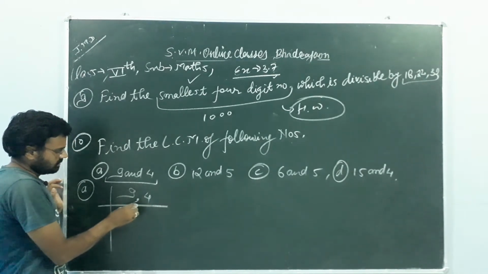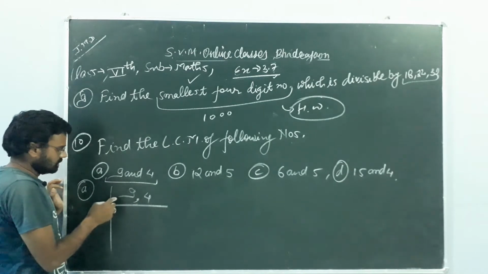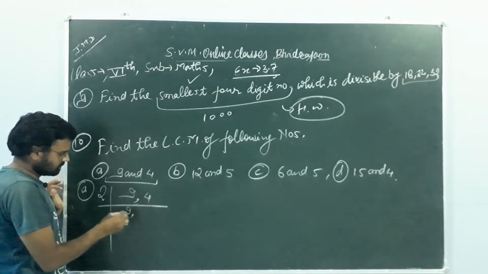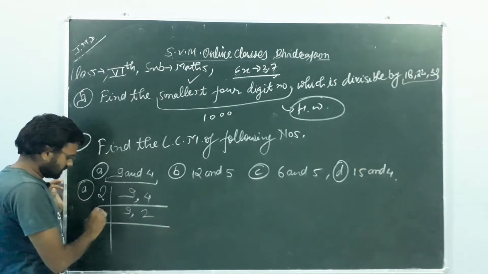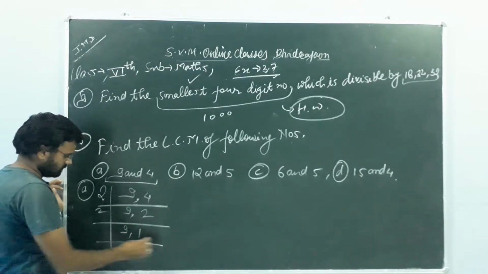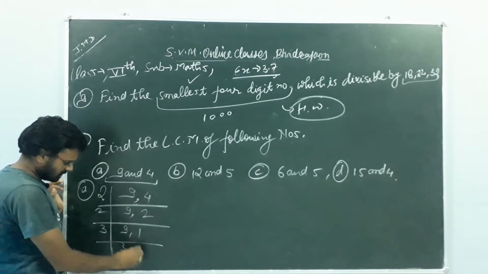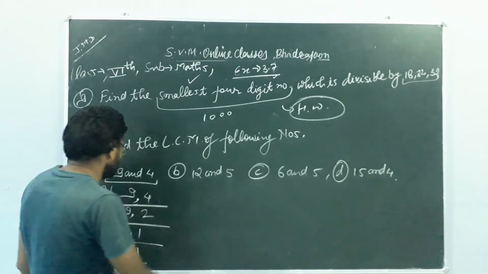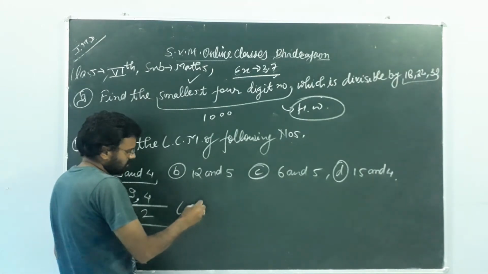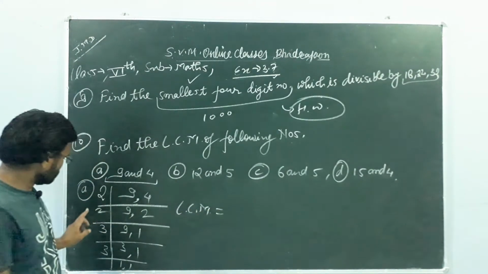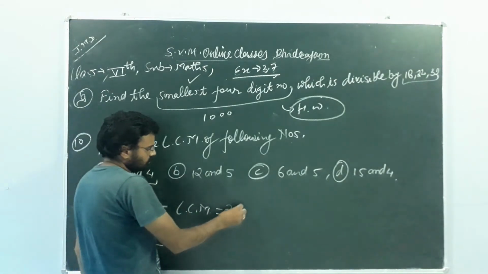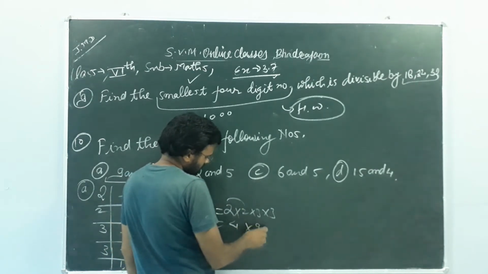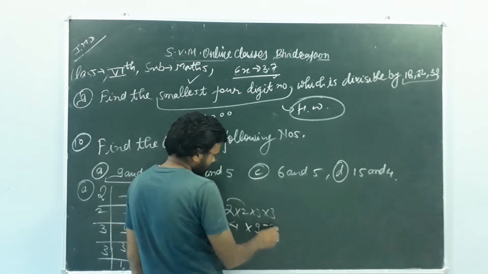Now we will take the LCM. So 9 and 4. Now we will divide this one by 2 first. 9 is not divisible by 2, 9 will stay as it is, and 2 2s are 4. After that also 2, so this is 9 and this is 1. After that 3 3s are 9 and this is 1. Now again by 3, 1 and 1. Now our LCM equals 2 into 2 into 3 into 3. So 2 2s are 4 and 3 3s are 9. Our LCM is 9 4s are 36.